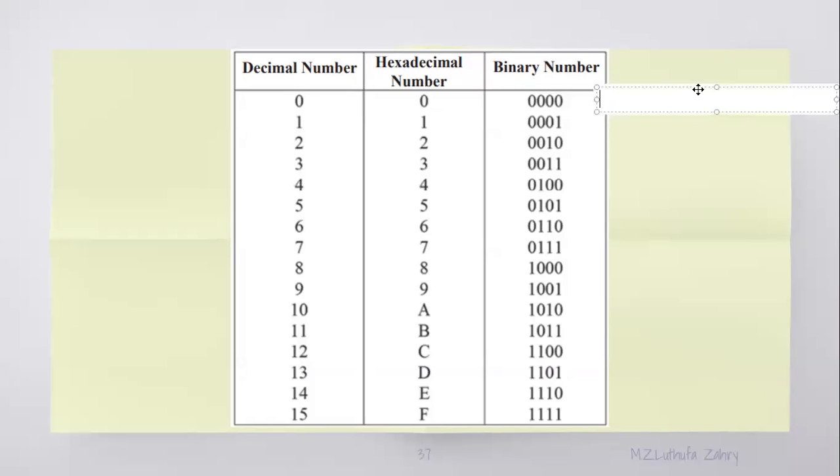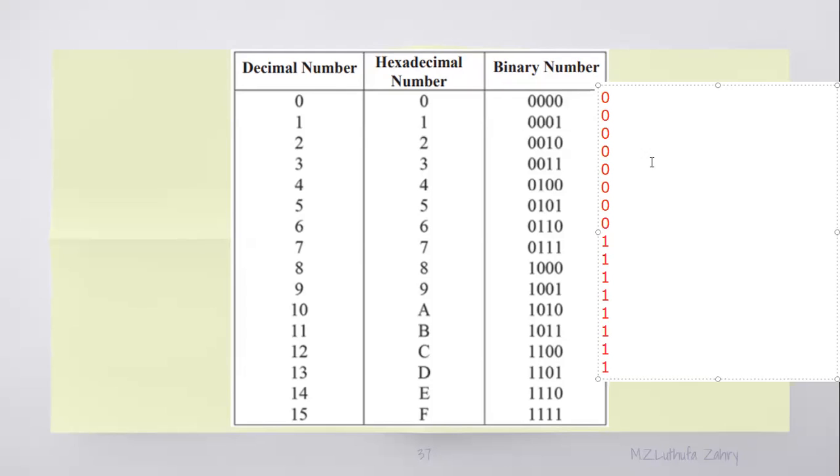Just look at me, okay? You can see there are altogether 16 numbers, right? 0 to 15 means altogether 16 binary numbers. So what you have to do is, for the first 8, put zeros. For the other 8, put ones. For the next column, for the first 4, put zeros, and for the next 4, put ones. Again, repeat it, 4 zeros and 4 ones.